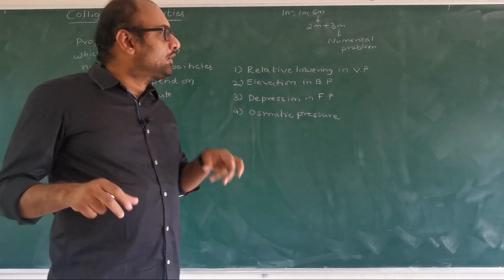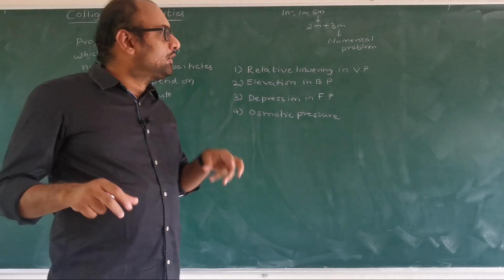Next, we have calculation of molecular mass of the solute, that is MB. Using this colligative property, you will be deriving a formula which is used for the calculation of molar mass of the solute. Now, what is relative lowering in vapor pressure? It is given by P naught A minus PA divided by P naught A. It is equal to XB. This is the expression you already derived previously. So this is the relative lowering in vapor pressure. It is equal to the mole fraction of the solute.